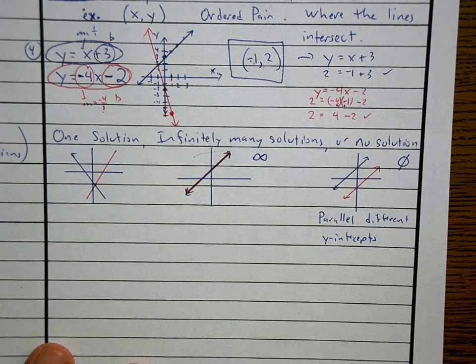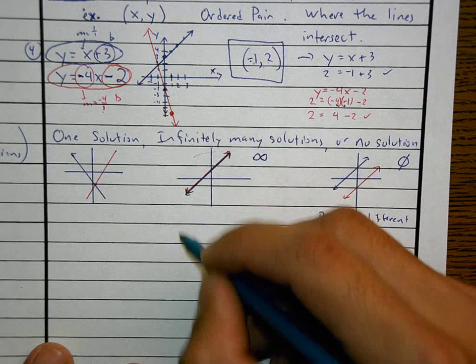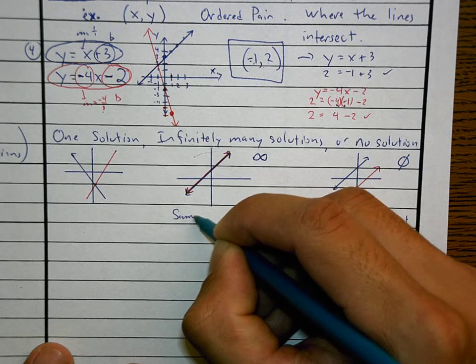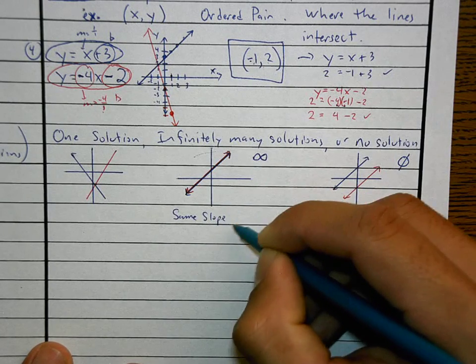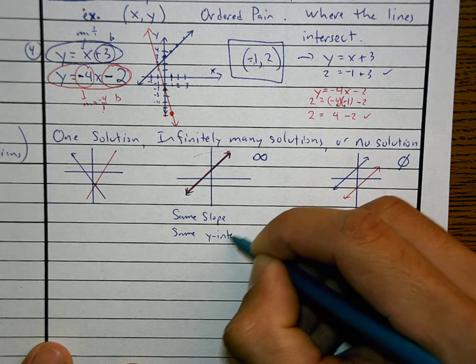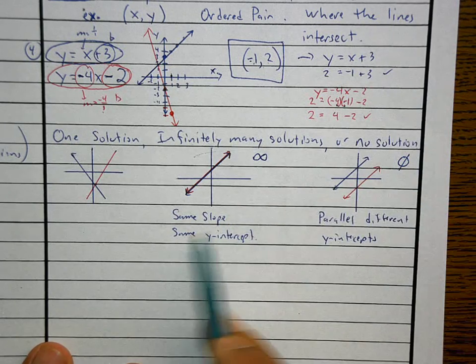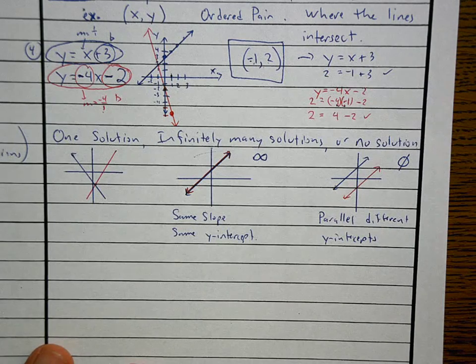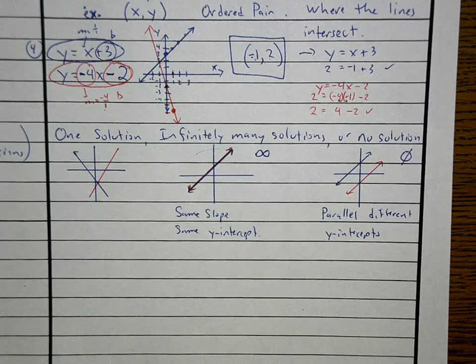These have the same slope and the same y-intercept. Just so you are aware, those are the trick questions. I'm going to stop your notes right